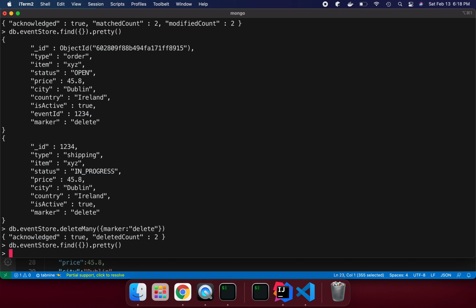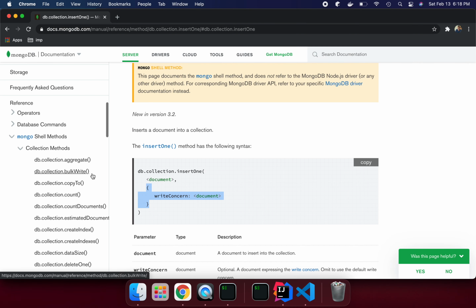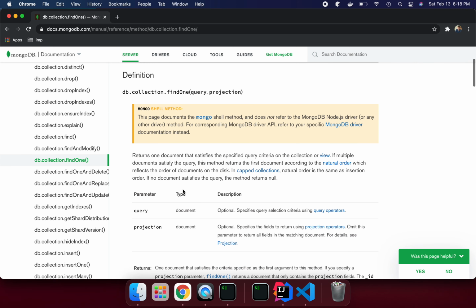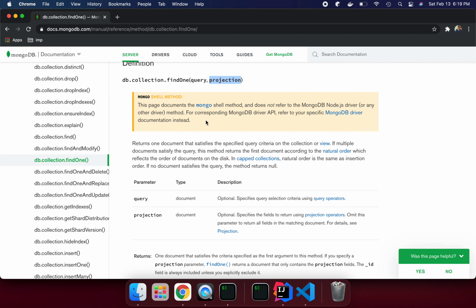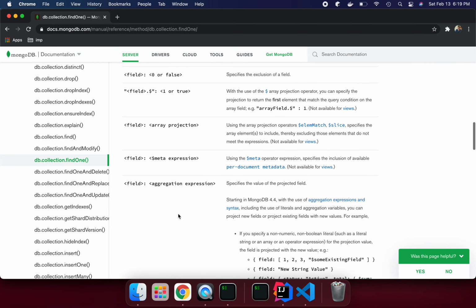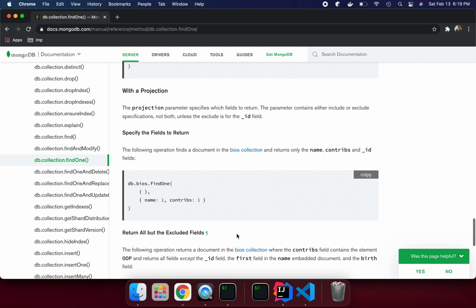Let's see if we have any data. We don't have any data at all. So no data exists and it's deleted. So these are the basic operations you can perform and understand. It's good if you can go to these documents and try to understand, for example, find one. This is your query parameter and this is the projection parameter. Those are the things that are really well explained here. I will try to explain all those things through the official website, which is something I generally do, and I like it.